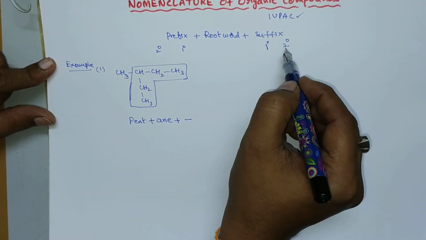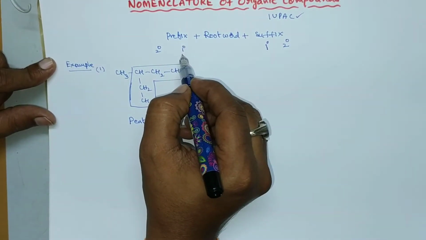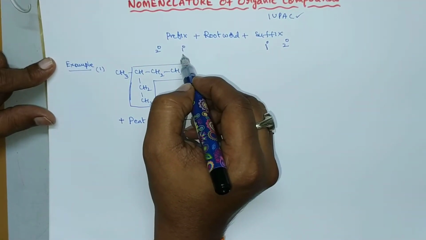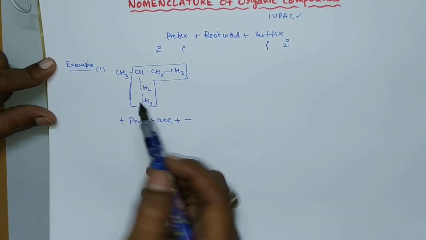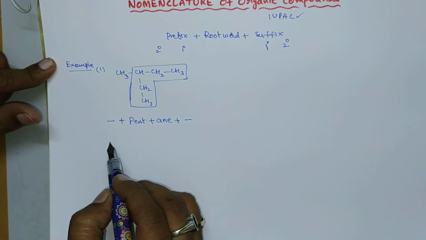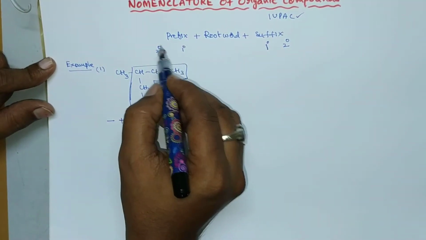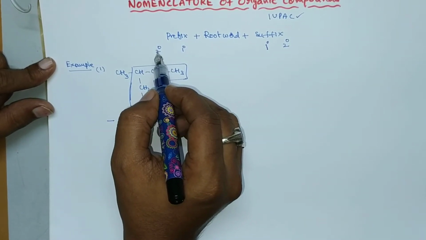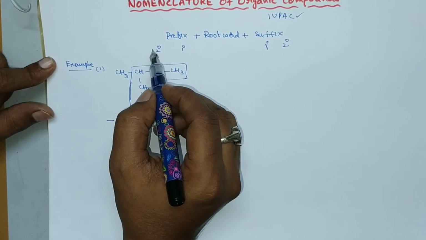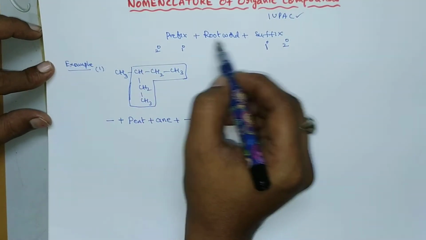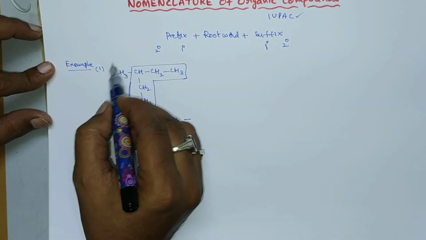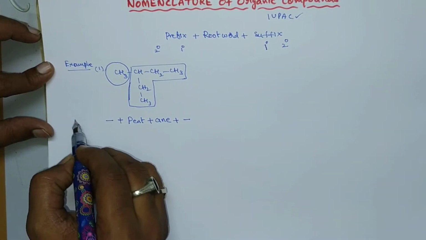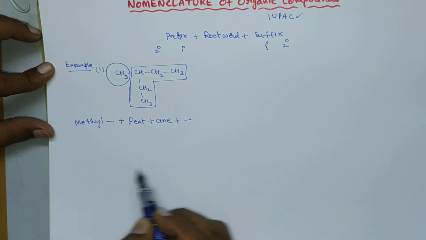And next after fixing secondary suffix we have to go for prefixes, that is primary prefix. So this primary prefix indicates whether the given compound is cyclic or not. So the given compound is not cyclic. So that's why we should not write anything here. And after fixing primary prefix we have to go for secondary prefix. So this secondary prefix indicates the nature of substitutions. Substitution means what is left remaining besides the root word, that is CH3. So here it is the substitution. So CH3 we can call as methyl. So we have to write here methyl.